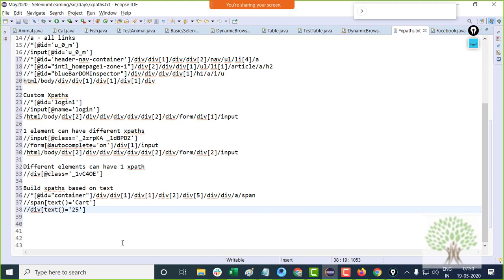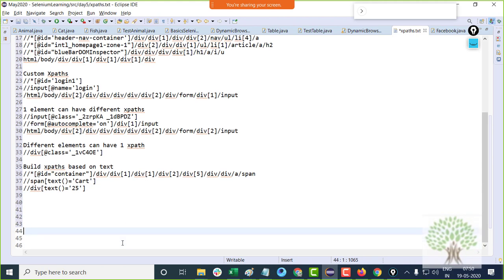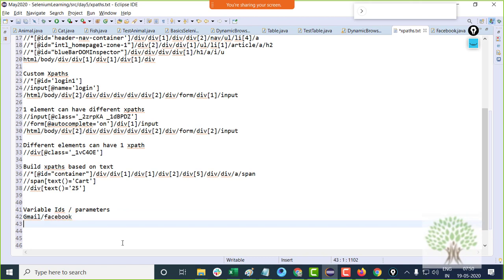Okay, now at times you have got variable IDs or other parameters in the website. Like for example, if you log in into Gmail and try to automate Gmail, or if you log in into Facebook, after logging into Facebook you will realize that the IDs are changing.